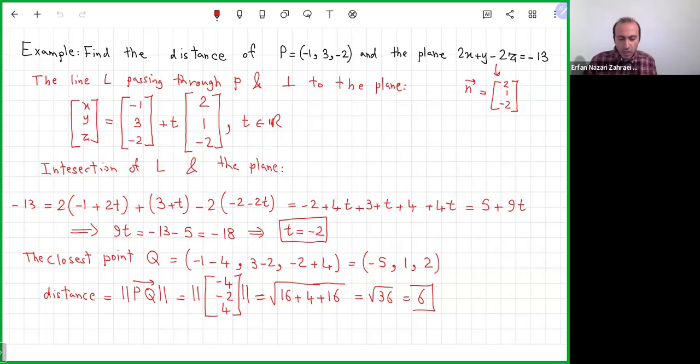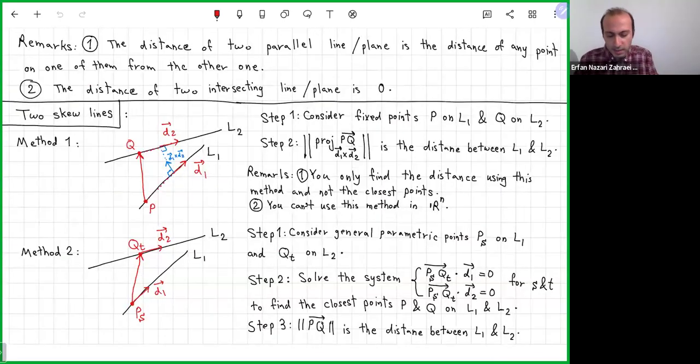Okay, now we consider any combination of point with something else, like point, point, point, line, point, plane. Now I want to consider line, line, line, point, line, plane, plane, plane, and these kinds of things. But first, let's discuss this remark that if you have two parallel objects, let's say two parallel lines, or two parallel planes, or one line and one plane, but still parallel.